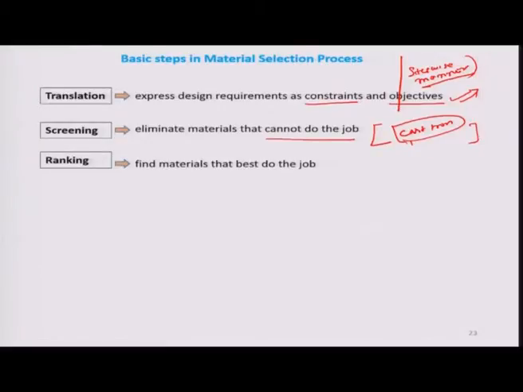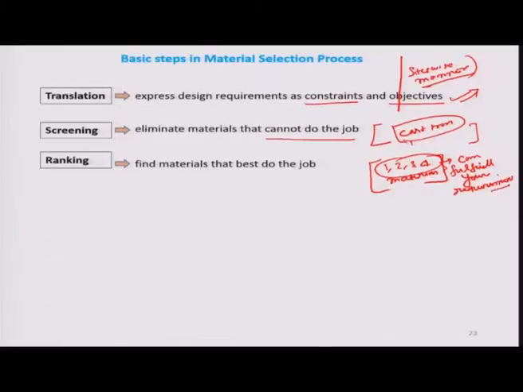Suppose that after screening you have 1, 2, 3, 4 materials, and all these materials can fulfill your requirement.